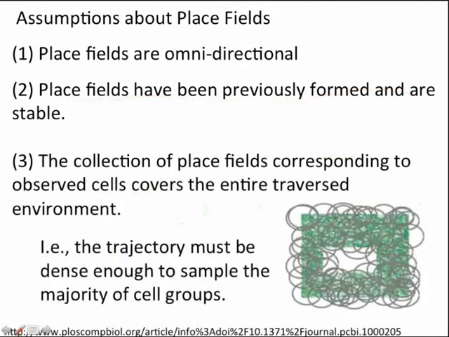The third assumption is that the collection of place cells covers the entire traversed region. So again, if I want to detect a hole, if the mouse just travels along here, and that's all it does, I'm not going to detect the hole. We have to come here and join these things. We have to traverse this region as well. And so the trajectory must be dense enough to sample the majority of cell groups. 50 minutes seem to be sufficient to do that,